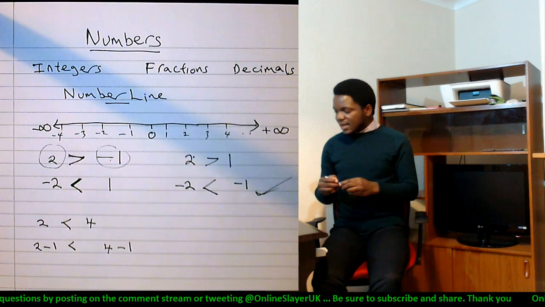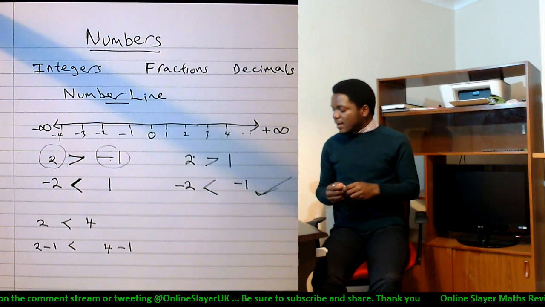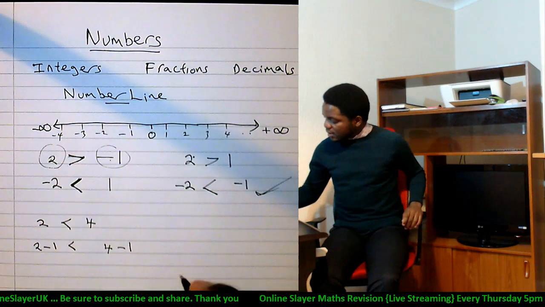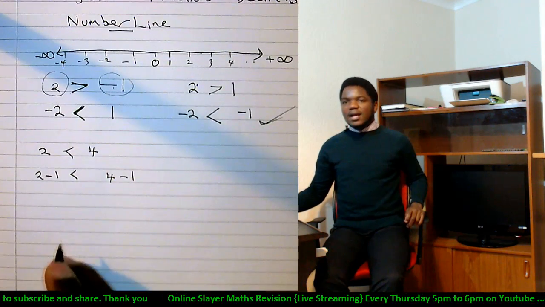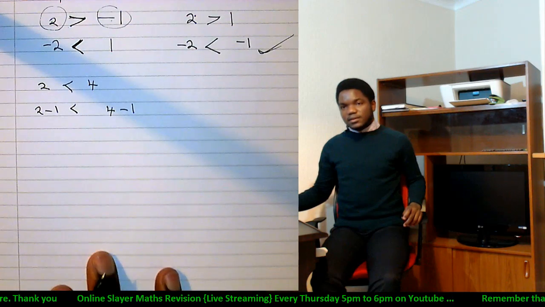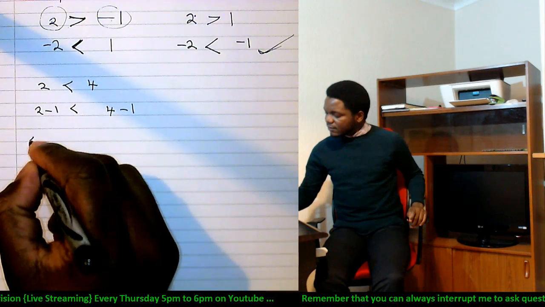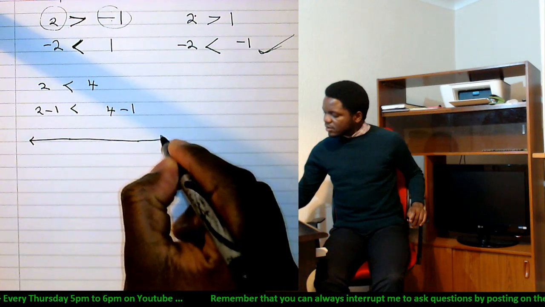Now, that is exactly what we use the number line for. Another thing you need to know about the number line, which I must point out to you, is that we use it to represent a whole list of numbers. For instance, if I ask that you show me on the number line